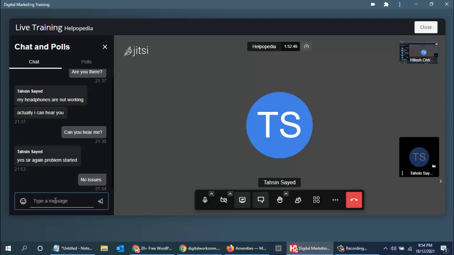Even if you type over here, it does not give any pop-up, or let me know that you have sent me some message. So that is one of the problems. So in case anything goes wrong, the best option would be to send me a WhatsApp message, or maybe just give me a call. If the screen is not being shared, sometimes it disconnects. So like that, if anything happens, you can either send me a message, or you can call.